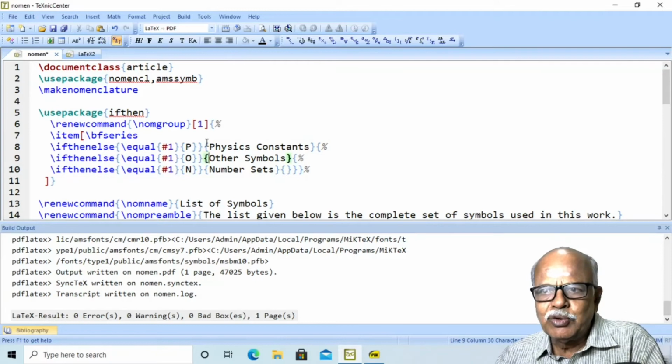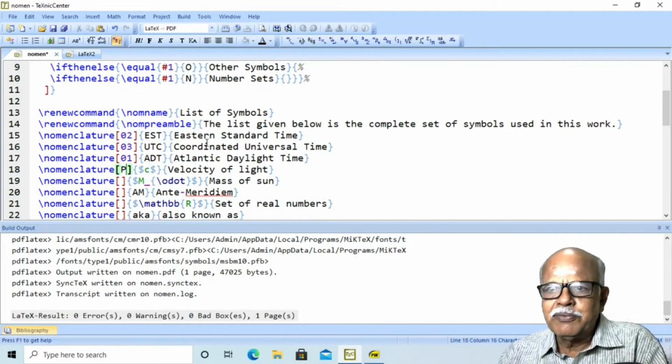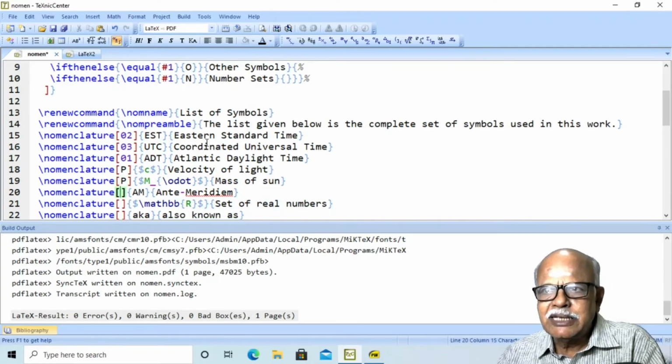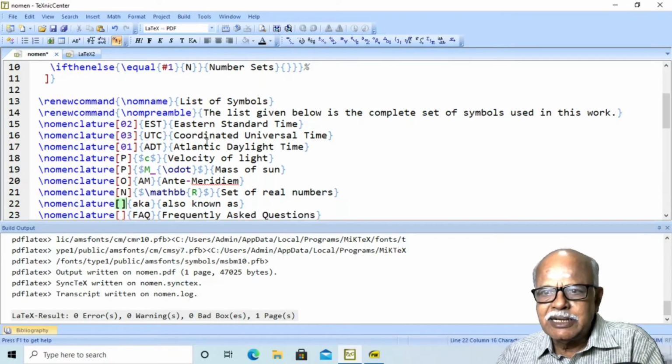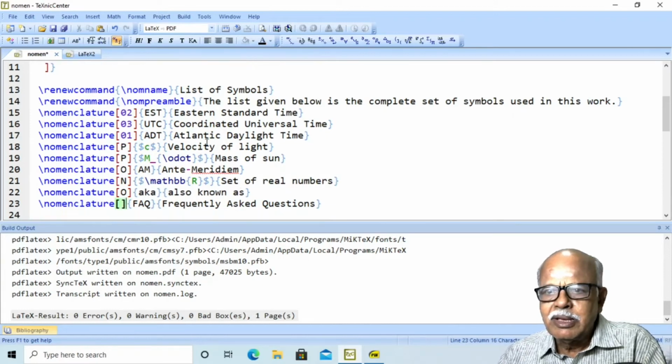If I use O in the option bracket, then other symbols will appear as a separate subgroup. Similarly for number sets. Here, velocity of light is a physics constant. Mass of sun is a physics constant. This is another symbol, and this is a number set. Other symbols, and this is other symbols.